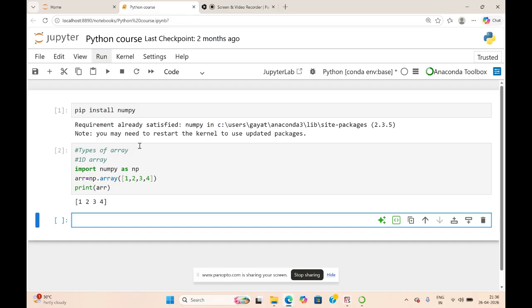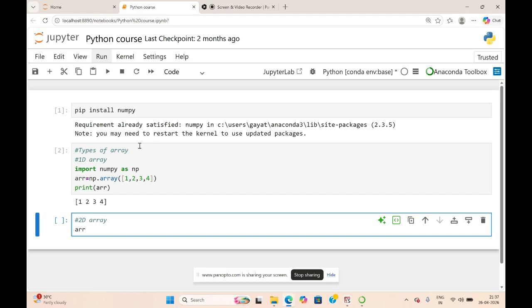Now we'll see an example of a two-dimensional array. A two-dimensional array is where you are able to work with elements like matrices, which have rows and columns.